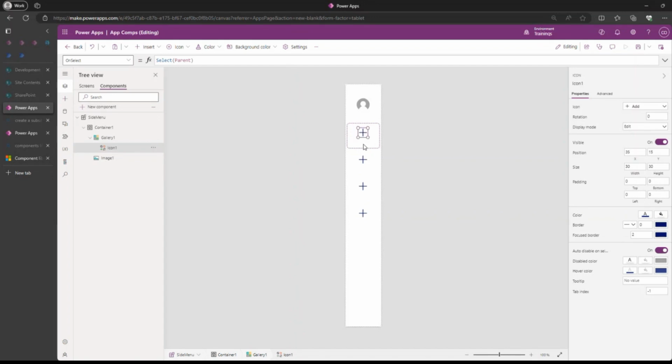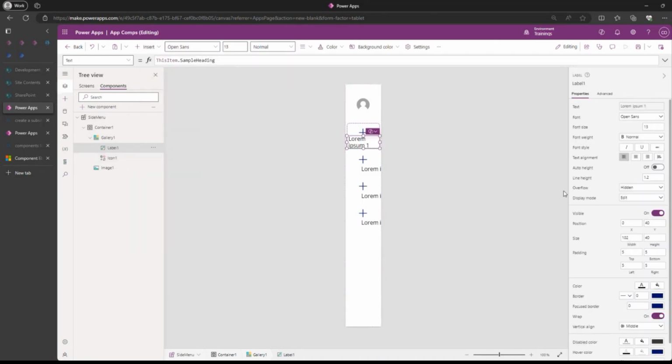And then the next thing I want to include here is a label. Okay, so the height of the label should be maybe 20 or 30. I can put it 30 for now, see what it's about. 30 is not really good for me. I'm gonna put it 20, and then I will take it all the way down, and then I'll make sure